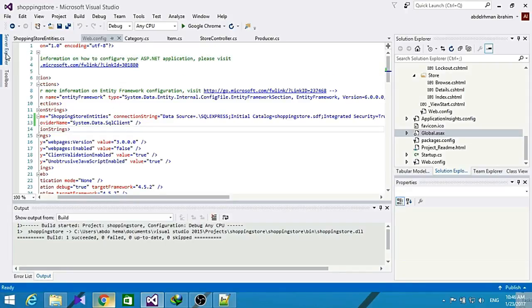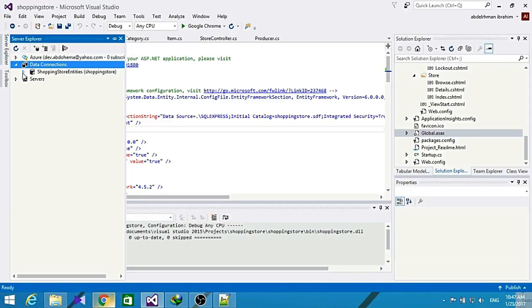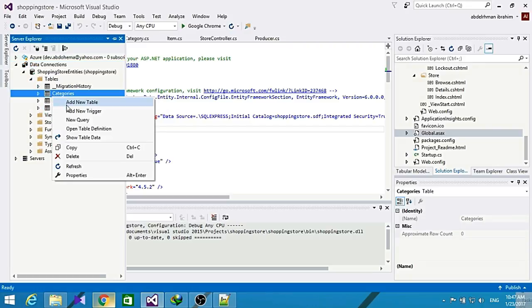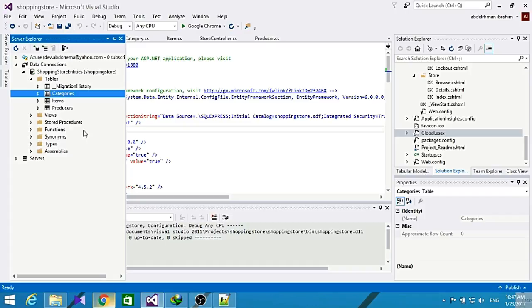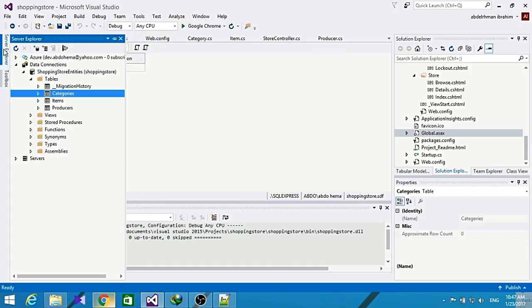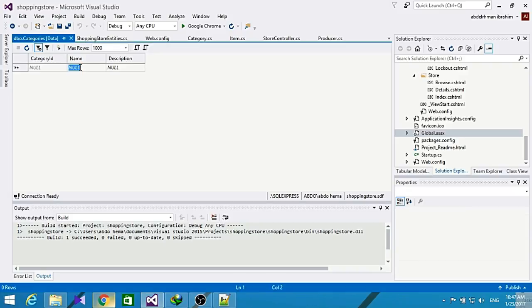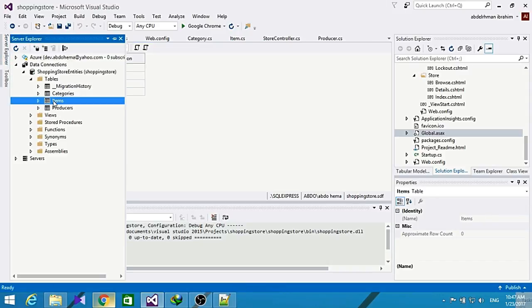Now to add some data to our database, let's go into Server Explorer here and data connections. You can see our database shopping store entities, open that, tables and categories, show table data. In here let's put a name to be electronics. Maybe here like accessories, and maybe let's say home appliance. I guess that's enough. Let's go to our items,